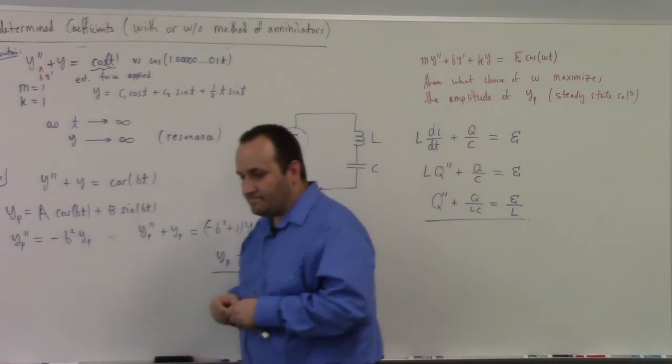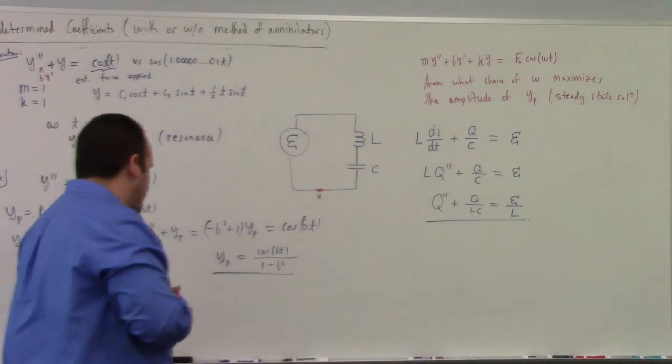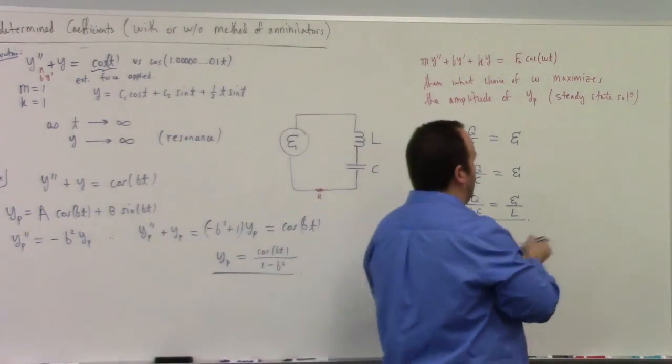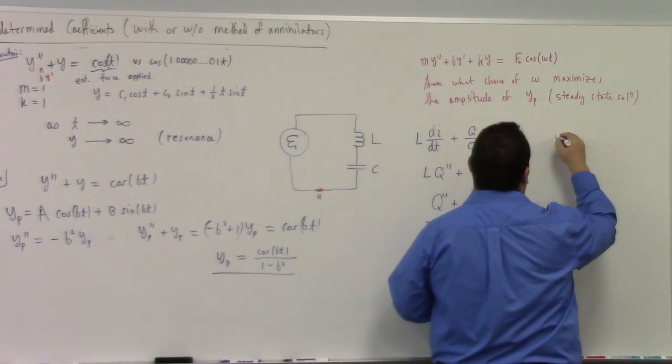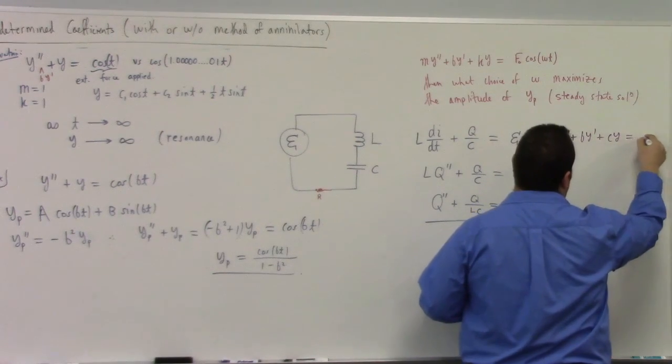The reason for that is that if you look at a differential equation like this, you've got ay'' + by' + cy equals 0, and